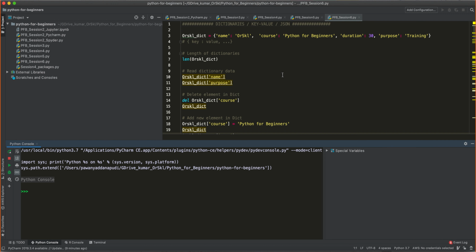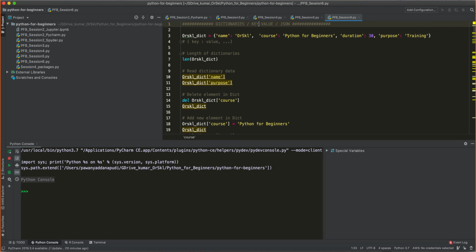As you see on the screen, I have my PyCharm session open again, and let me give you a quick introduction of how to define a dictionary, just like how we defined a list in the past. The format that you see on the screen is the dictionary, and it is very famously also called JSON. If I have to give you a background of what JSON is, JSON is a format of a file or an object or a variable. It is the format in which this variable, object or file is saved or accessed.